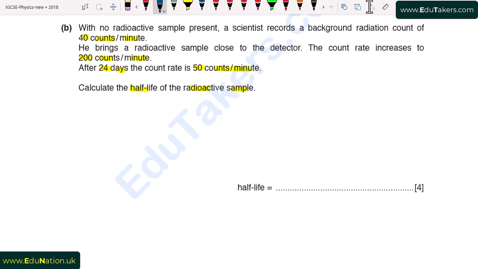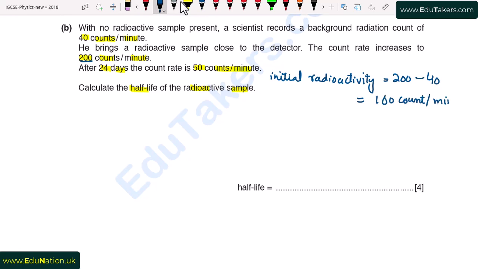So first of all, the initial radioactivity will be equal to the initial count rate, that is 200, with the radioactive sample, minus the count rate without the radioactive sample. So I write here 200 minus 40. So it will be 160